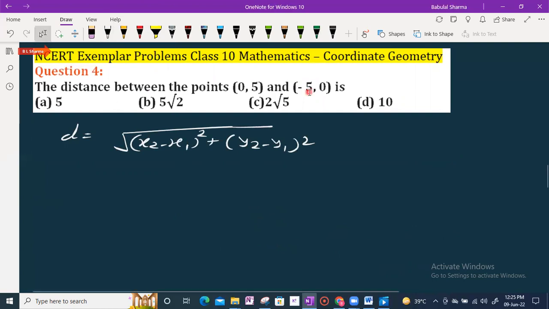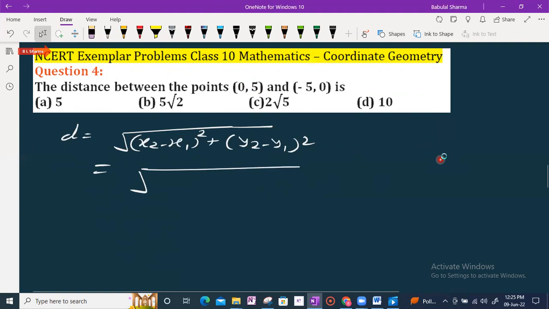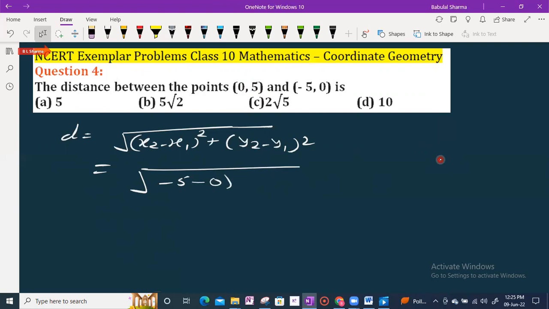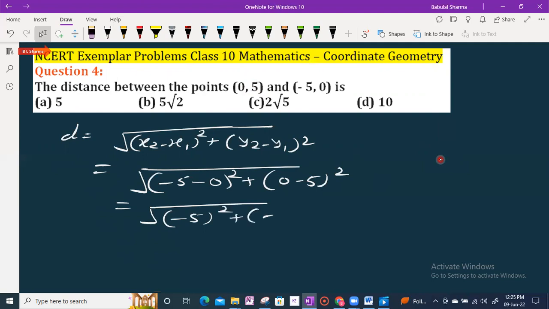So x2 is minus 5, y2 is 0, x1 is 0, y1 is 5. So putting the values in the formula, minus 5 minus 0 whole square plus 0 minus 5 whole square, that is minus 5 whole square plus minus 5 whole square,